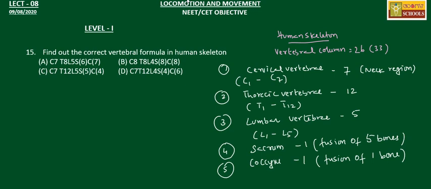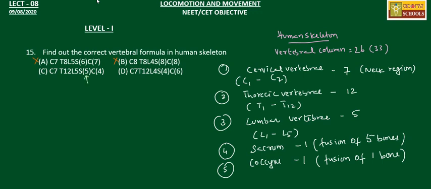Of course they are a fusion of 5 and 1 respectively. So if you see here the options, C7, T8, L5, S6, the bracket indicates the fusion, so hence this is wrong. Then coming to C8, T8, this is also wrong. Then coming to C7, T12, yes, right, L5, yes, then S is actually a fusion of 5 bones,